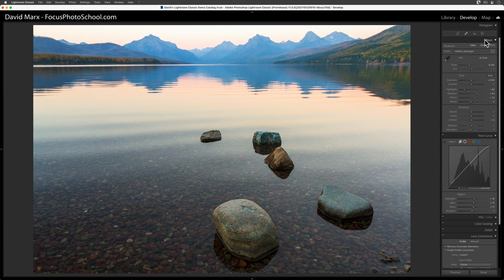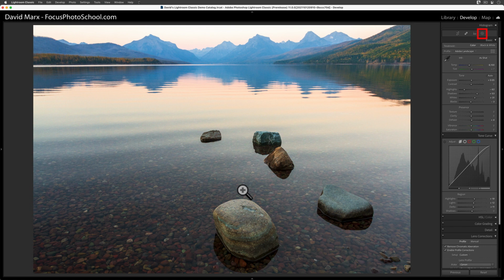Back when I shot this photo, I intentionally chose this spot because these rocks add interest to the bottom edge of this scene. But right now, I bet that your eyes are being drawn more to the background here than to these foreground elements. To fix this, to really draw your eyes in, I need to make these rocks brighter, more saturated, and perhaps even a little crisper than everything else in the frame. This is where masking comes into play.